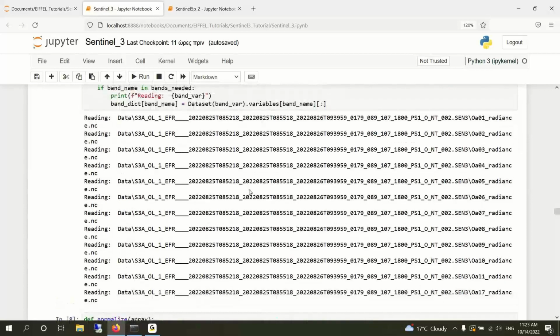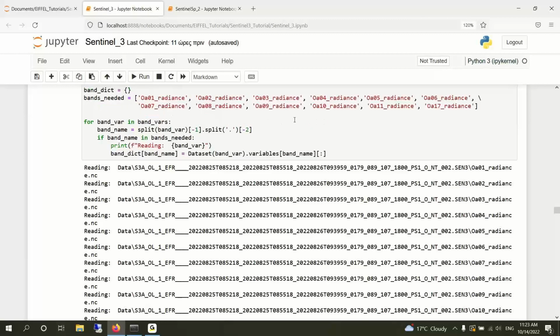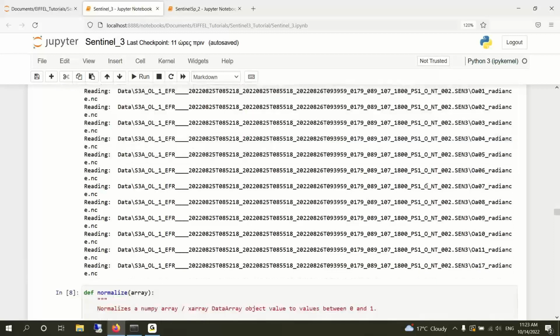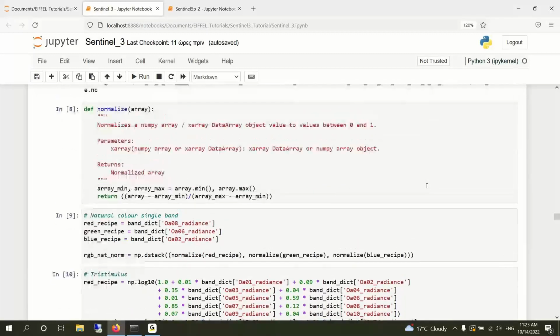In order to read the bands, we use the Dataset function provided by the NetCDF4 library. Here we have to define the path to the band file and also define the variable, which is similar to the name of the file. And next we are going to normalize the data we've read